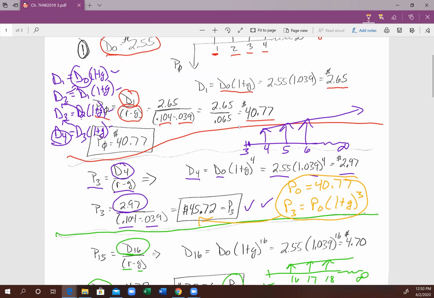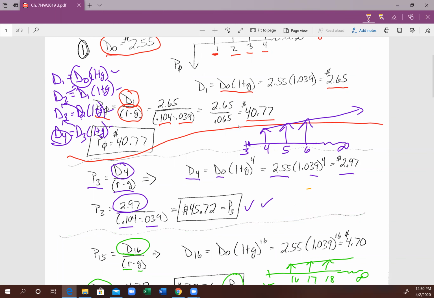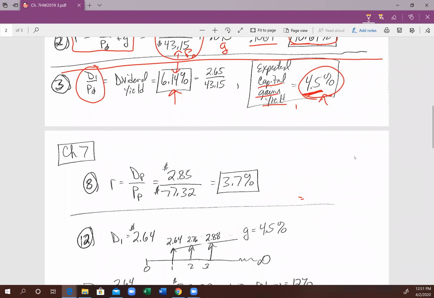Because that constant growth is basically an assumption that everything's growing at some constant rate. And you can see why we don't really use it much in practice, because that's a big assumption that everything's going to grow at the same rate, when in reality, things grow at different rates each year and can sometimes be negative. All right, any questions